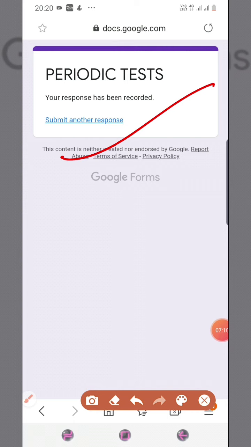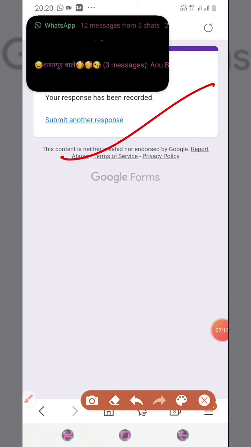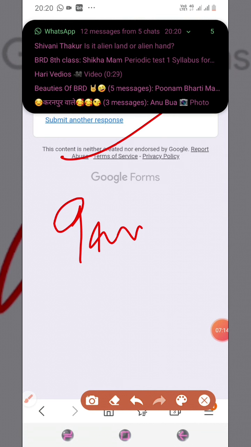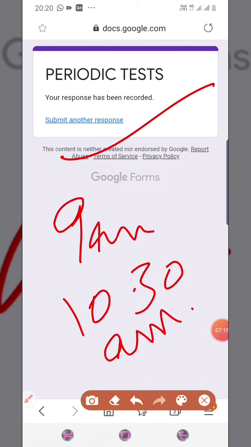Suppose you are given time from 9 a.m. to 10:30 a.m., so you have to attempt till 10:30 a.m. If you submit the test after 10:30, then it will not be considered and your marks will be deducted. So be honest and be punctual. Attempt in the given time and submit it at the proper time.